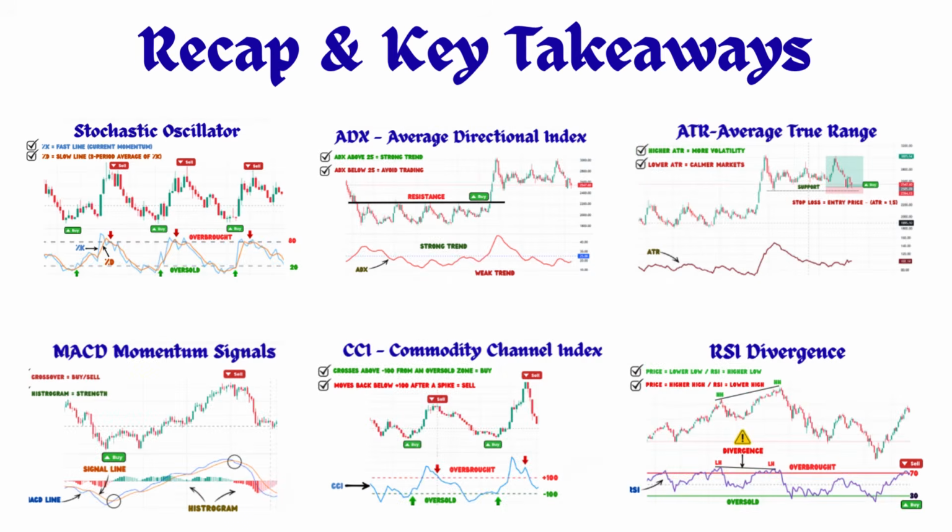Let's quickly recap what we've covered. Lagging indicators like moving averages and MACD help confirm trends after they've started, perfect for riding strong moves. Leading indicators such as RSI, Stochastic, and CCI try to catch reversals early, but they need confirmation to avoid fakeouts. Hybrid tools like ADX, ATR, Bollinger Bands, and the Ichimoku cloud give context, helping you measure strength, volatility, and